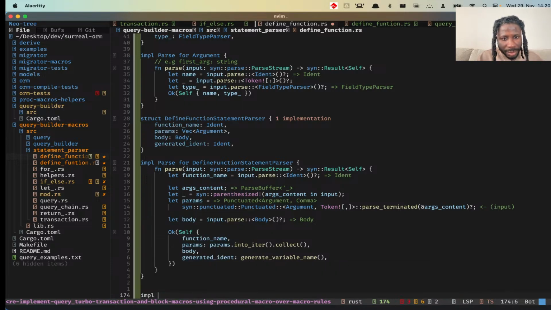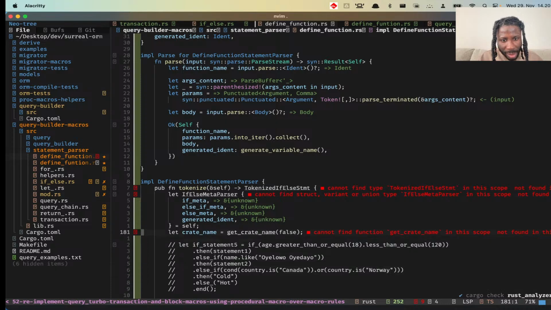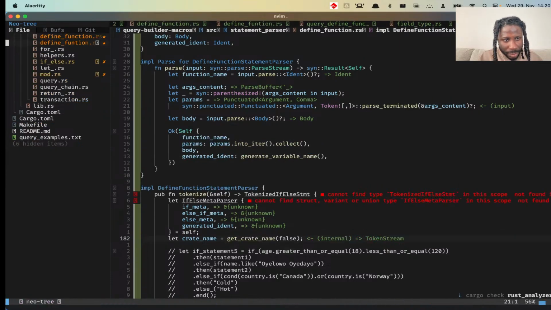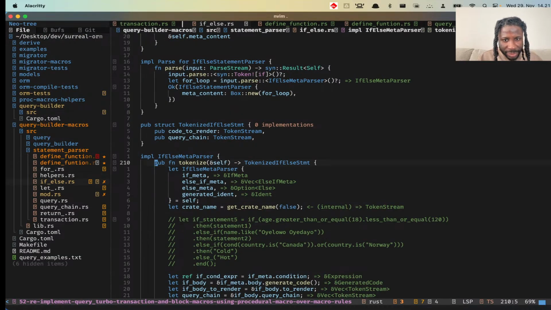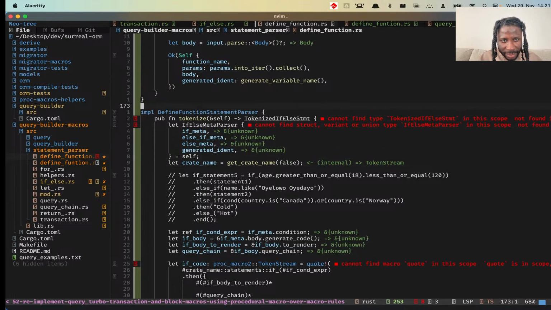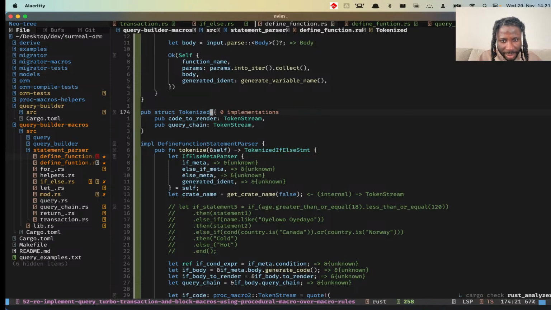so we can do implement define statement parser and just take that, you know, I could probably reuse this definition. For example, this could be generic stuff. It doesn't have to be just if else statement, but let's copy that and let's call this, I'll just start making it generic now actually,